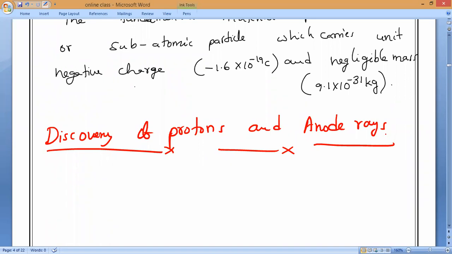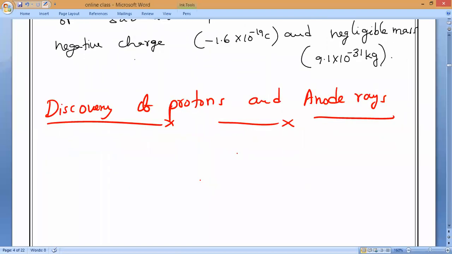So once J.J. Thomson proved that negatively charged particles, electrons, are present in an atom, all the scientists thought that surely some positive charge will be there. So what is that positive charge? Let us analyze it and where it is located. With that thought only, in